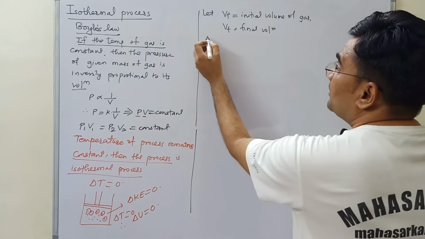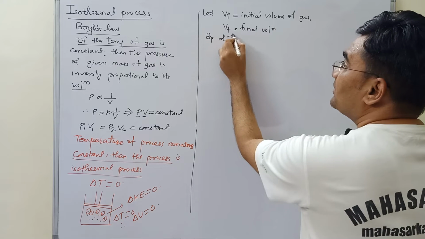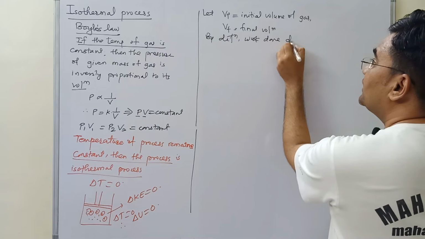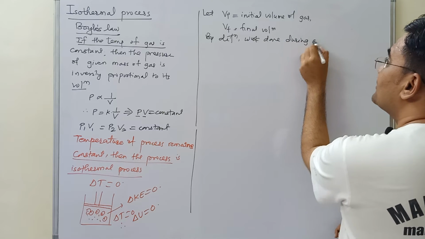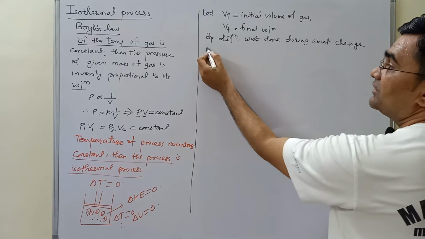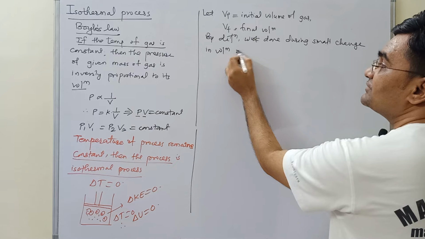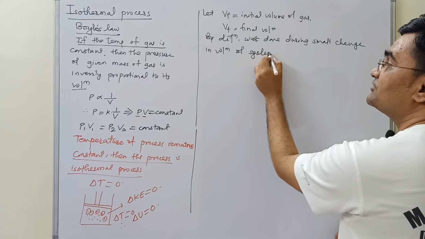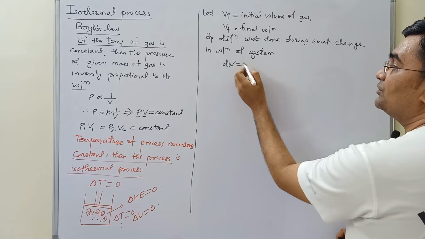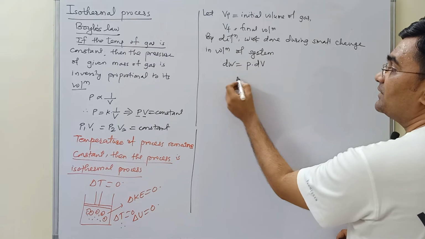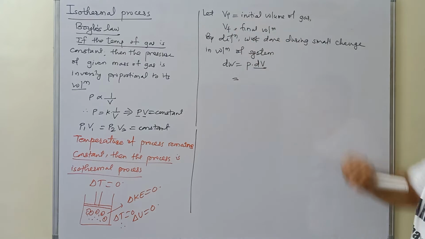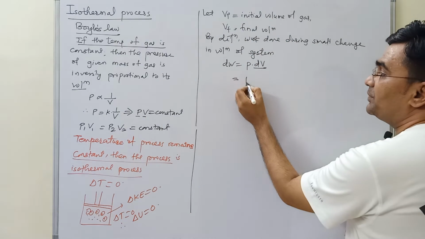Now, by definition, if you remember, work done during a small change in the volume of the gas, or volume of the system, is given by dW equal to P into dV. What is dV here? That is the final volume minus the initial volume. So P into